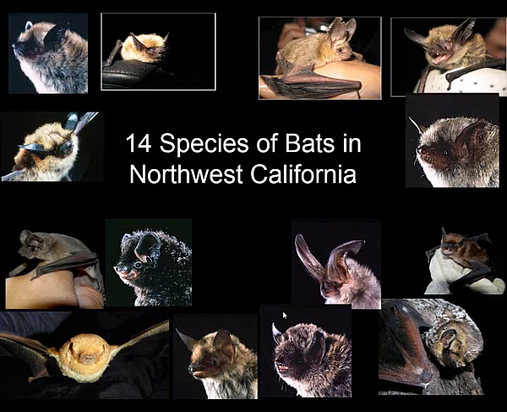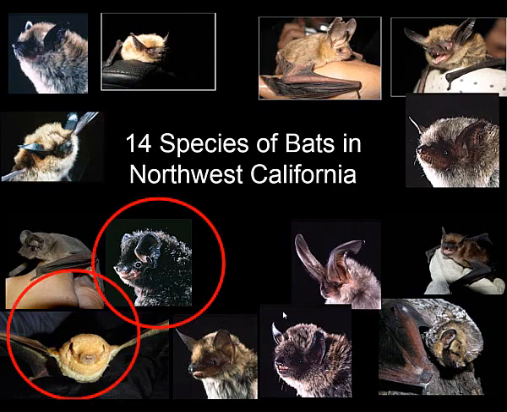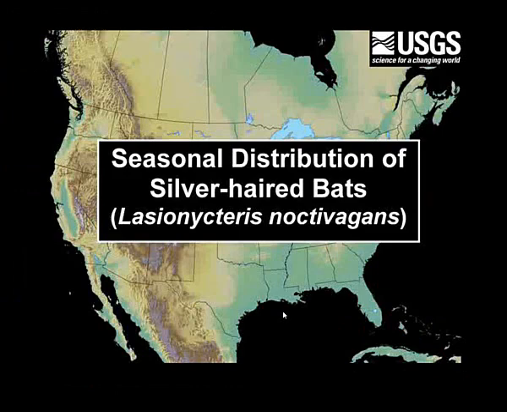Part of that was really a choice of convenience, in that the area that I work in, Northwest California, we have 14 species of bats. For most of these species, we have no clue at all what they do. Are they really migratory, or how do they overwinter? But we do know that we have 3 migratory species: the silver-haired bat, the western red bat, and the hoary bat. I want to say something more about that.